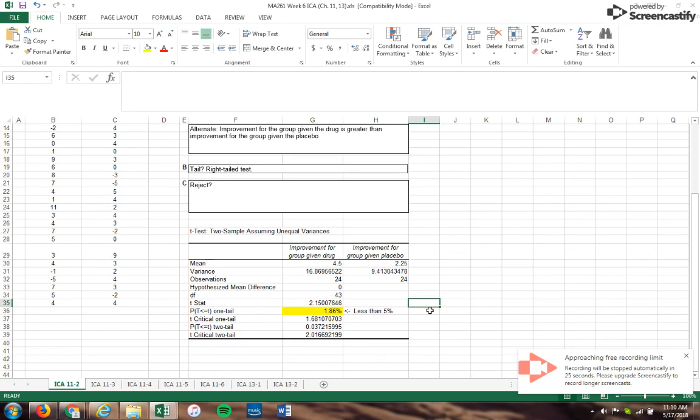Because that is less than 5%, that tells us that at a significance level of 5%, we reject the null. So any p-value below 5%, we reject the null, meaning there is greater